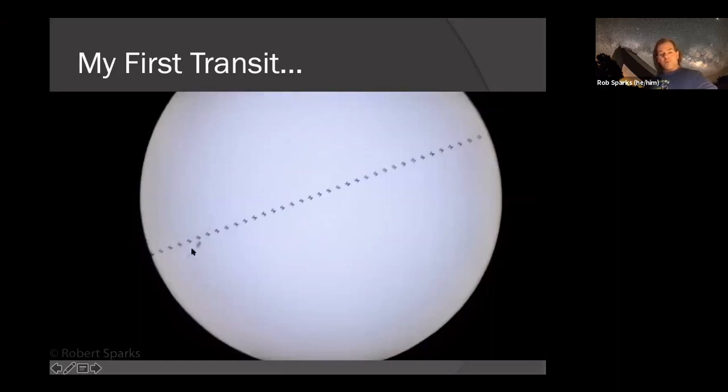I should go back and remix this one because I think I could get that sunspot a little bit sharper if I aligned the images a little bit better. That's something I didn't learn how to do at the time, but now I know how to align the images a lot better. But this is the first one.